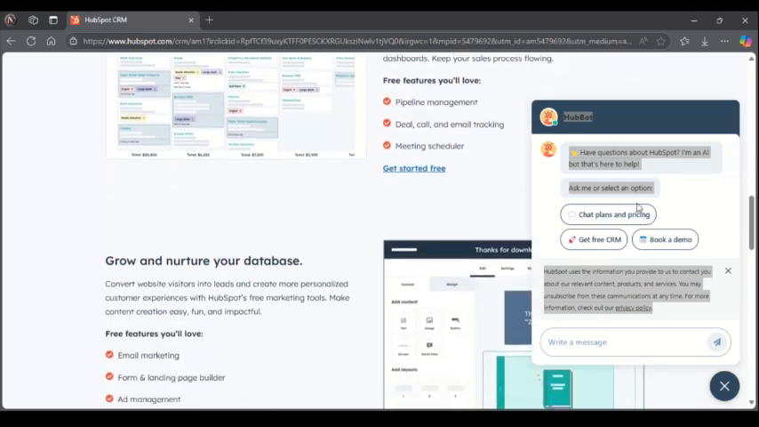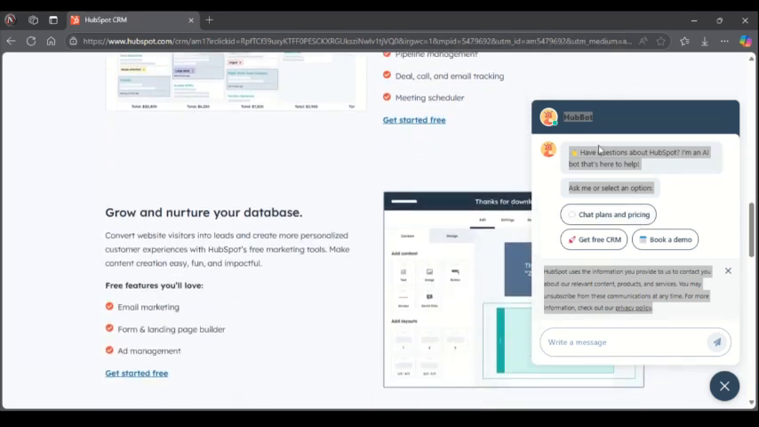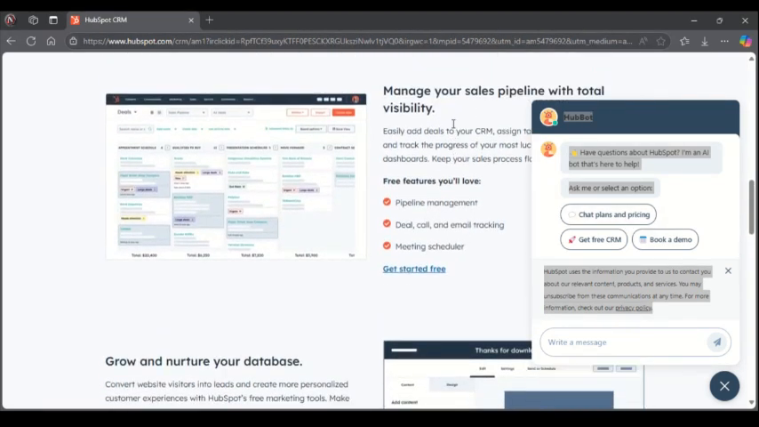You also get access to an AI bot where you can ask any questions. You can get the free CRM, chart plan, and pricing. If you want to check their pricing list, you can just use it. So now let's talk about